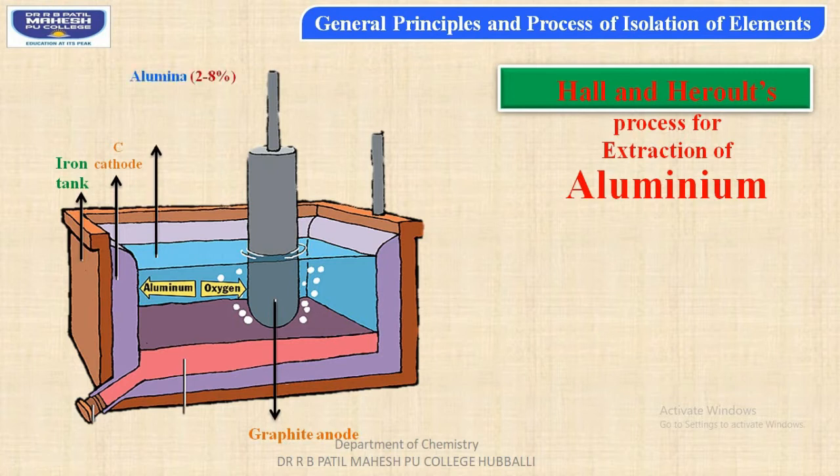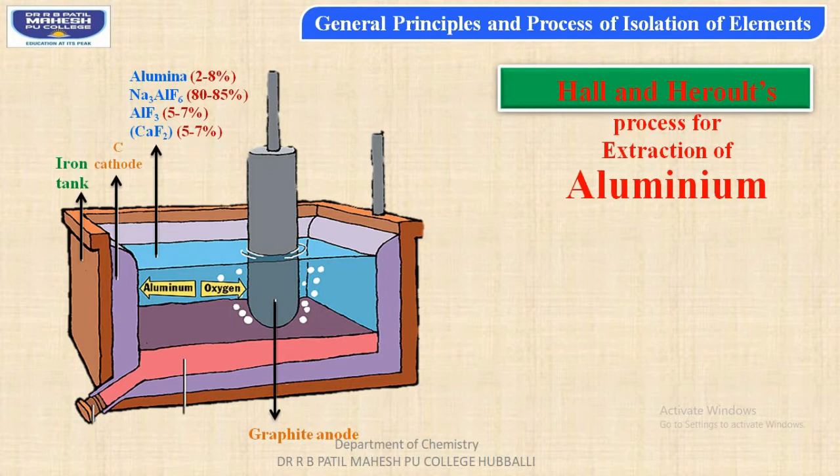And the electrolytic solution we are using consists of alumina at 2 to 8% and the addition of trisodium hexafluoroaluminate nearly 80 to 85% composition, aluminium trifluoride nearly 5 to 7%, and lastly calcium fluoride 5 to 7%